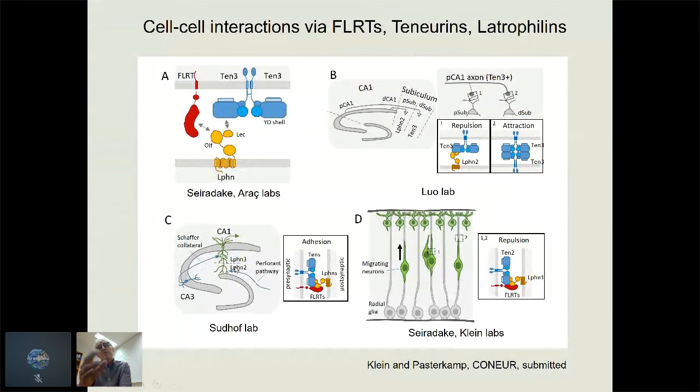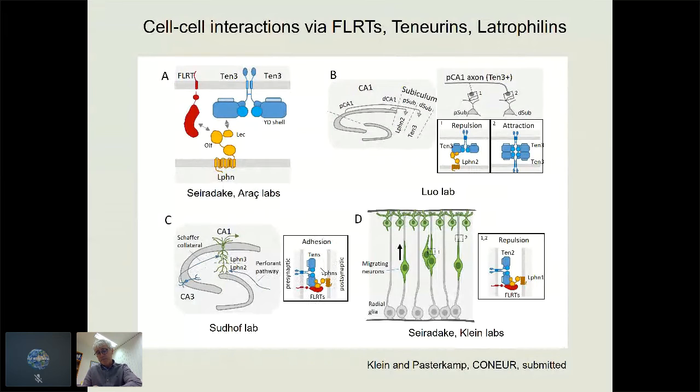And through a series of elegant genetics, they show that it's actually a tripartite complex of teneurins and FLRTs on the presynaptic side that engages latrophilins on the postsynaptic side through some probably adhesive complex that helps